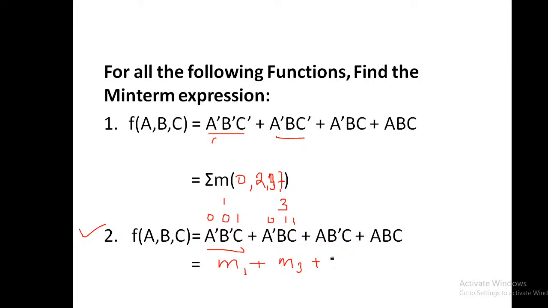Very good. Okay, then you have this 101. What is the decimal of this? That is 5, right? So this will be M5. Please give your name also. Yes, very good, 1, 3, 5, 7. So this will be 5. Please bear with the handwriting. And last is 111. That is M7. So I can write this one as a summation of